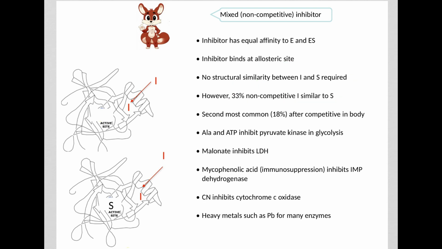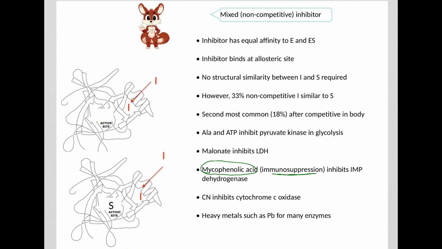Some examples of non-competitive inhibitors: alanine and ATP inhibit pyruvate kinase. This is an enzyme in glycolysis, and this inhibition is non-competitive. Malonate is a non-competitive inhibitor of the enzyme lactate dehydrogenase. The drug mycophenolic acid, a very important drug for immunosuppression, is a